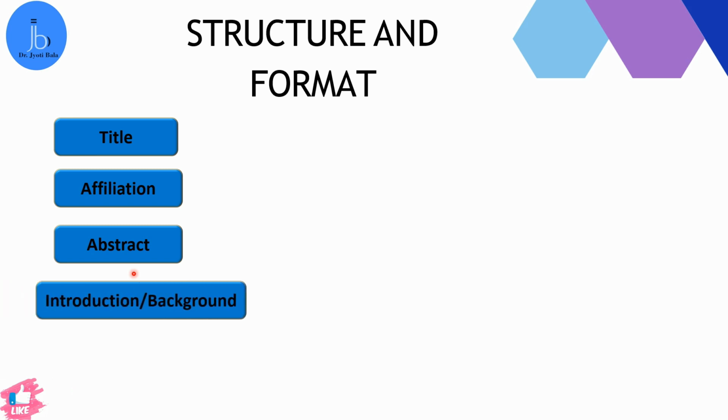So after the abstract, you should write your introduction and background. Here, like in the abstract, we don't write any citations or abbreviations unless the same thing is used multiple times. But the abstract is very precise, whereas in the introduction we have a little bit of elaboration. In about 2 pages, in 2 or 3 paragraphs, we can explain what the purpose is